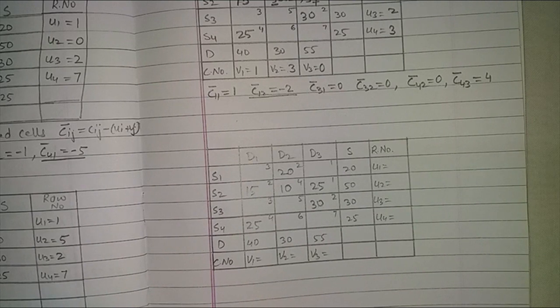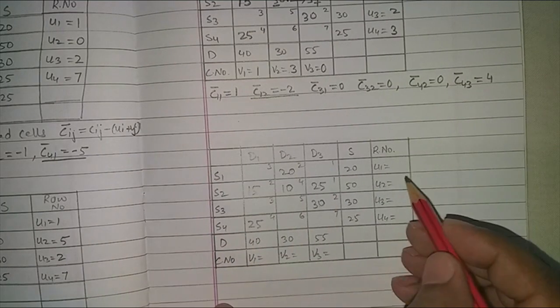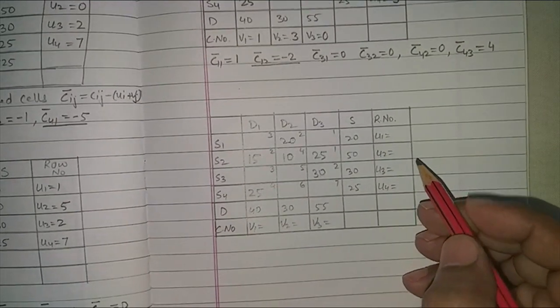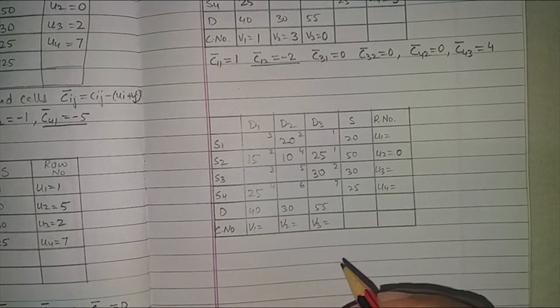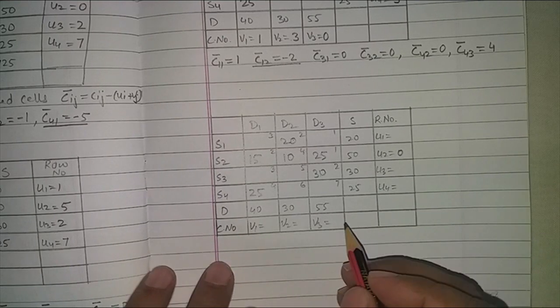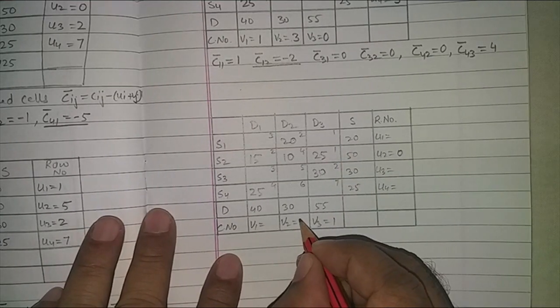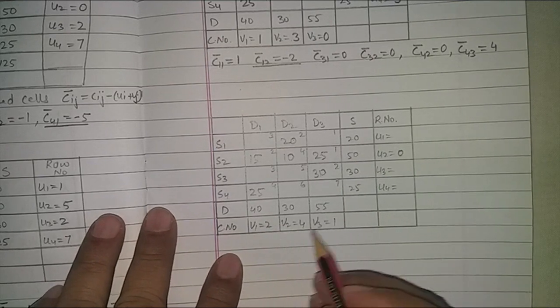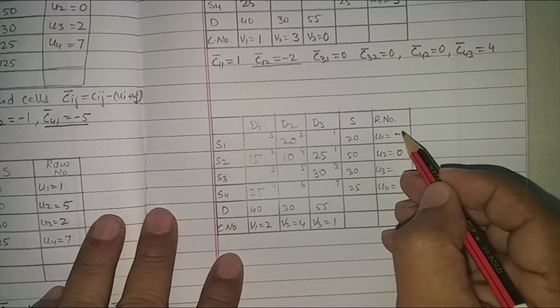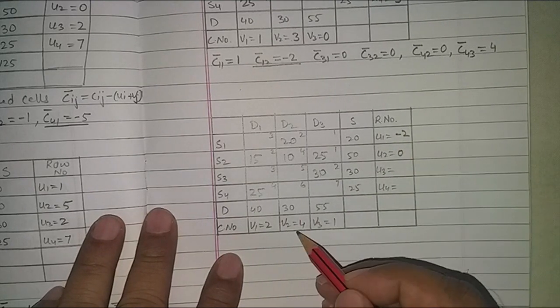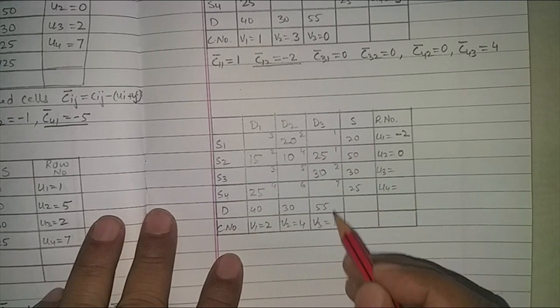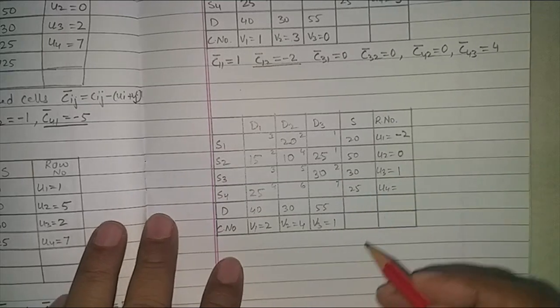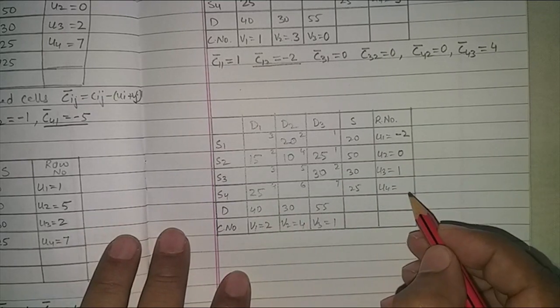So this is my feasible solution, but whether it's an optimum, let us do the calculations for U1 and U2s. Now we can see we have 3 allocations here, so I'll put a 0 here. Quickly calculate the values of U's and V's. This will be 1, this will be 4, and this will be 2. Using this 4, this will be minus 2. Minus 2 plus 4 will give me the cost 2. Next I have 1 here and I need 2, so this will be 1, and finally U4 will be